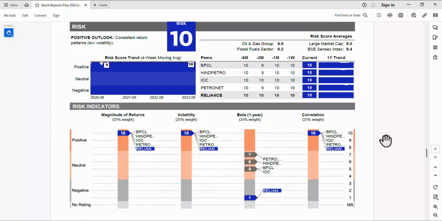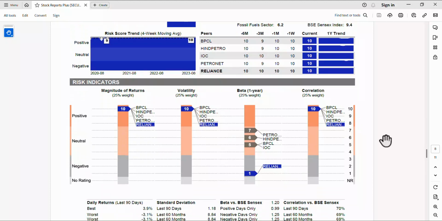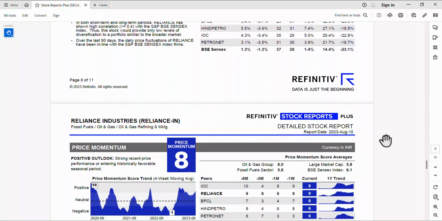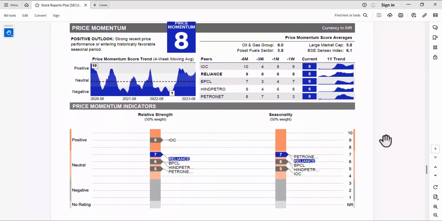Is that okay? Now let's see the correlation here. It has a score of 10. Why is the correlation 10? Because it is present in 6 businesses which are not correlated to each other. Retail business has no relation with oil business. Digital business has no relation with retail business or oil business. So the correlation is not great among all its businesses, and that's why it is getting 10 out of 10. Then the price momentum is at 8. Anyway, so this is,